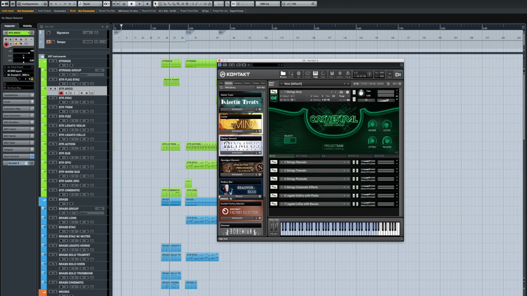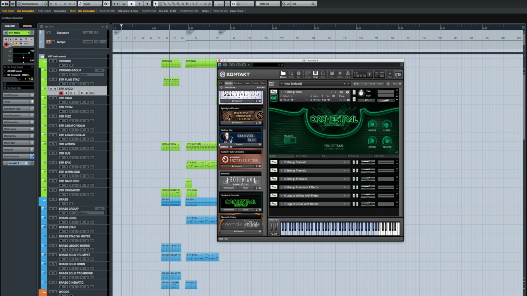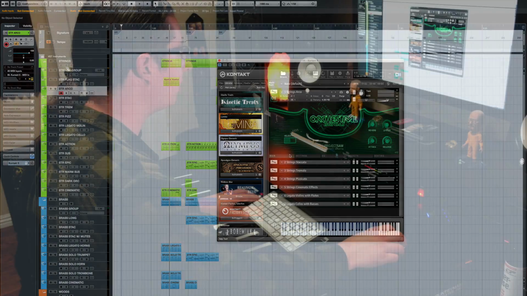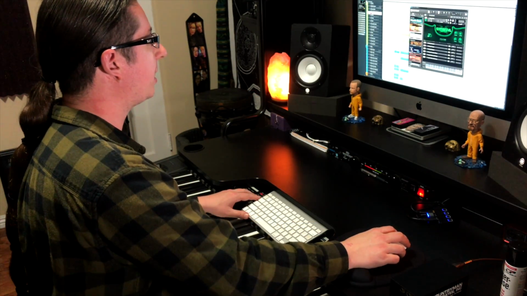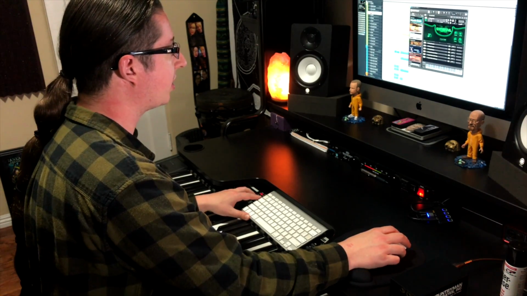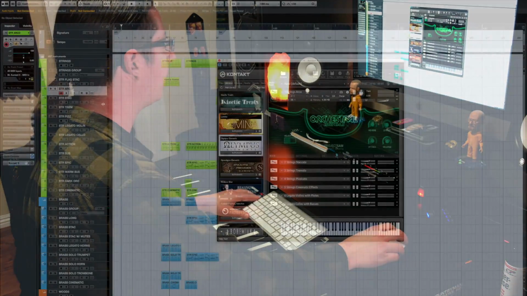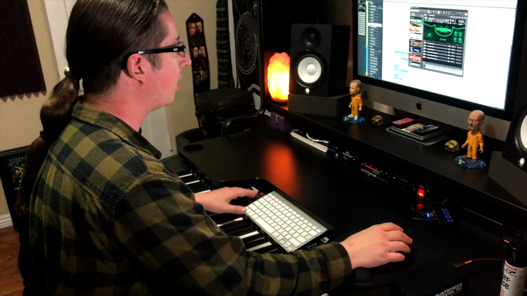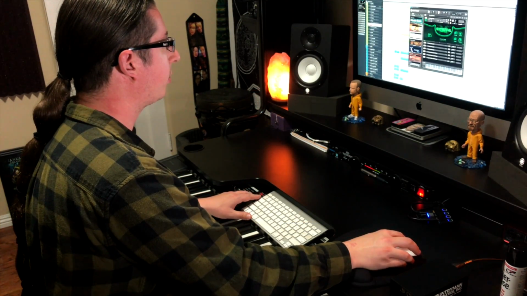I also have Apocalyptic Percussion, a bunch of other different ones, Cinematic Strings, and basically what I did was take all these sounds and compile them into a template, so that whenever I'm composing, at any time I can just go in and write freely and program everything